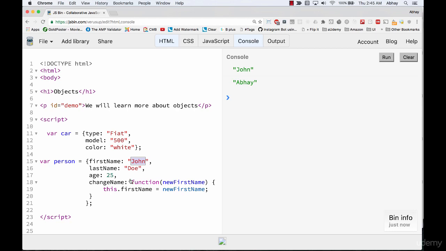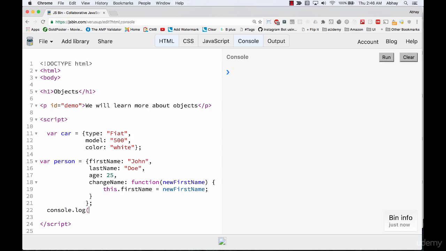Now, what happens is when you have a method and you try to update something that belongs to that particular object, you use a keyword called this. What this does, it tells JavaScript that this particular attribute that belongs to this object has to be updated. We will cover this keyword a little in detail in the later chapters, but just wanted to bring it up to you. Let's try to do a console.log